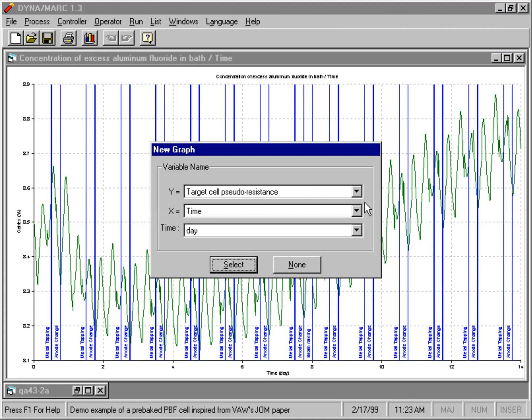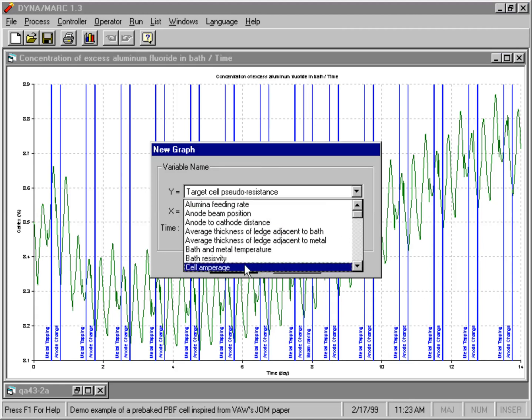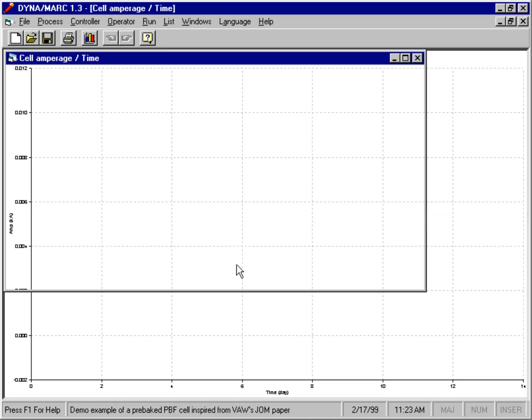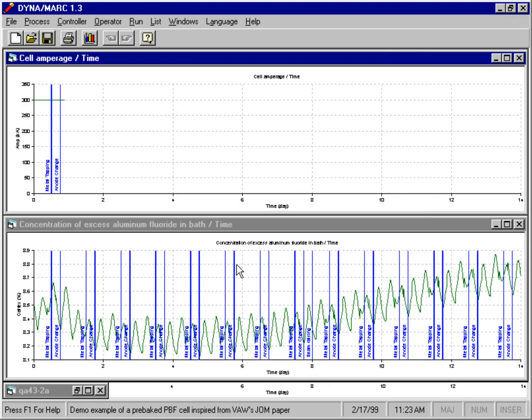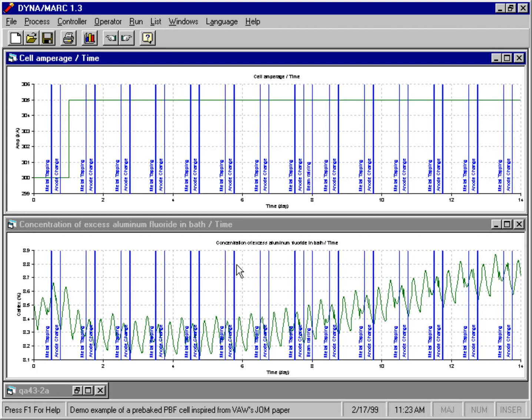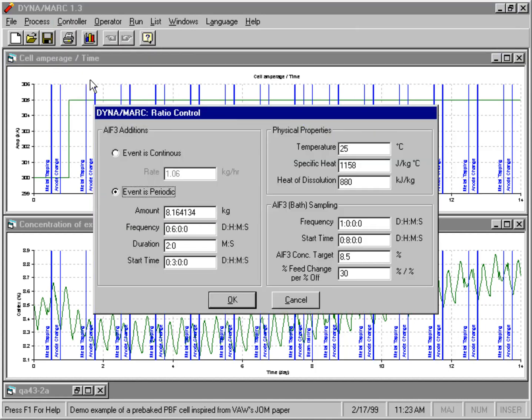You can see here the graph of the increase of amperage. And you can see the panel where this was programmed. Essentially, we're setting up a schedule of bath sampling, and then a logic to change the amount of AlF3 feed to the cell